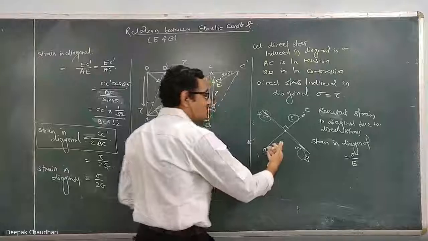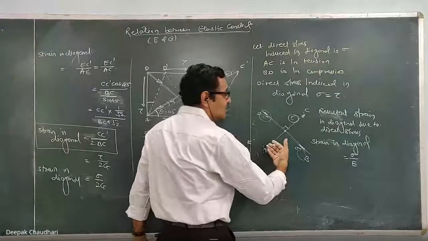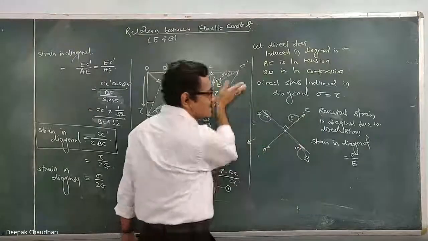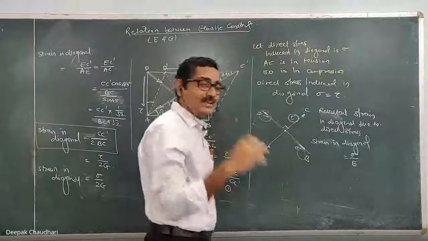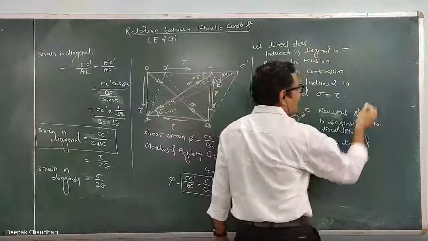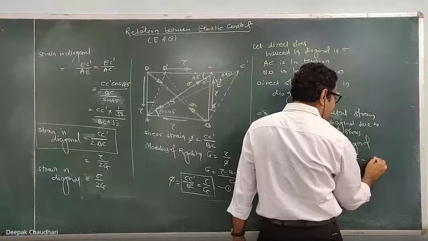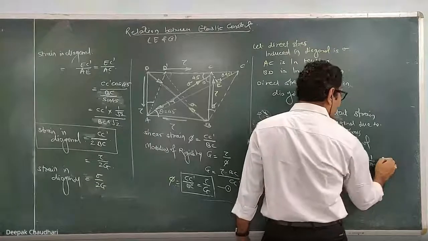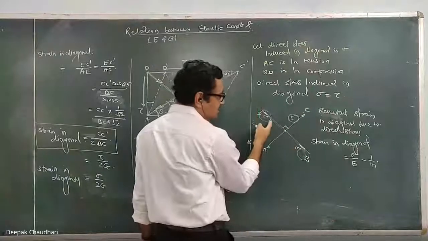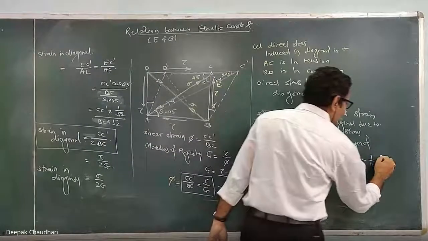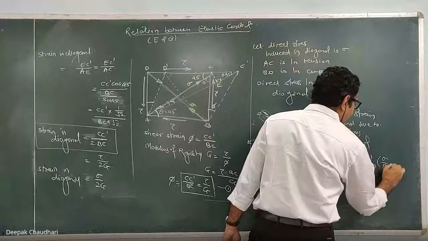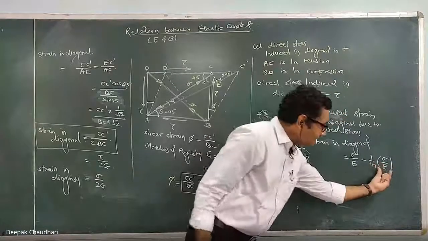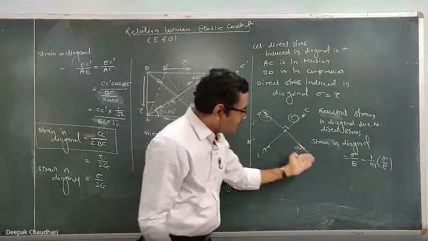Now I write down the stress along AC, the strain along AC because of the stress acting along BD. That becomes the lateral strain, and our formula is minus 1 upon m, or mu, into the linear strain in this direction. Now the stress is same, E is same, so in that direction also it is sigma upon E. This sigma upon E is the linear strain in this BD direction.